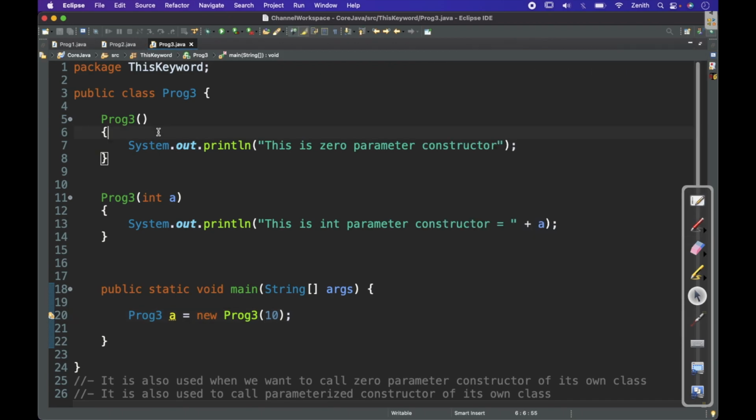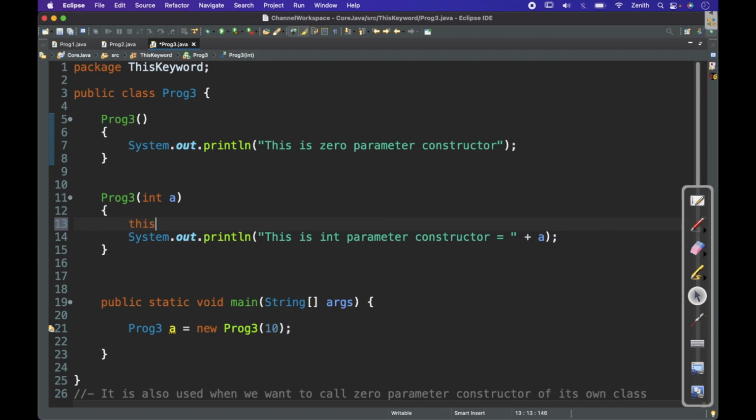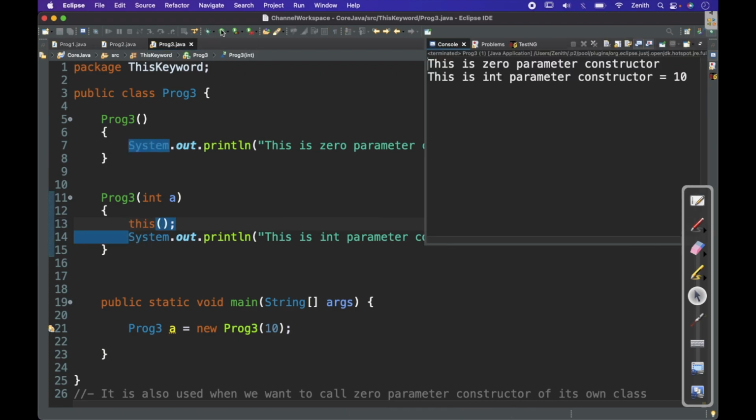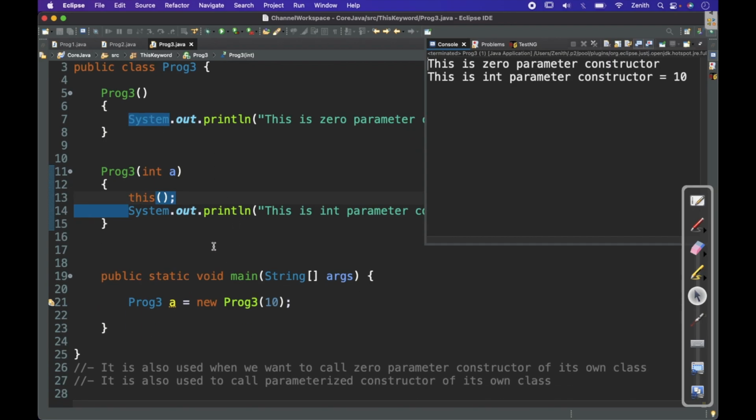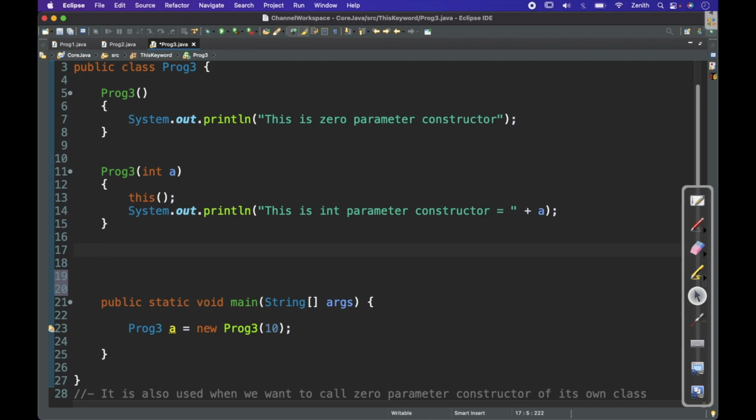Now the zero parameter constructor hasn't been called, so here I can use this, and now if I run it, I am able to call both constructors. In this way we can access the parameterized constructor, and even the non-parameterized constructor, and this is also called chaining. How is chaining done? If I use another constructor, I just copy this,